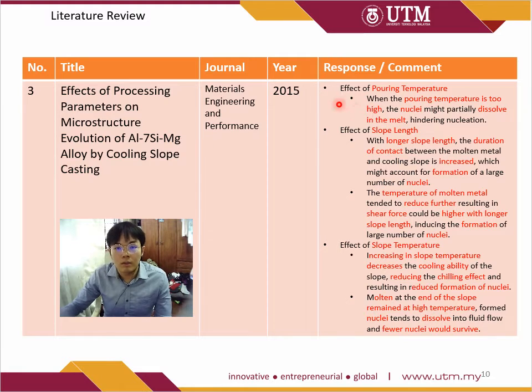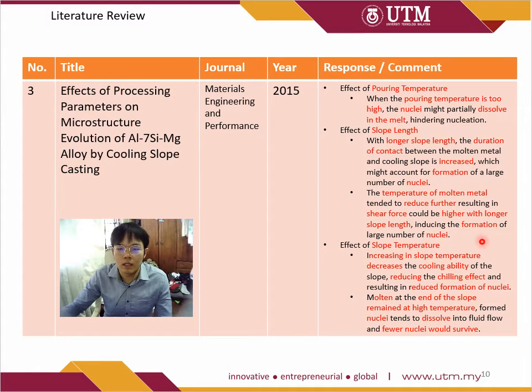And this is to summarize the effect of pouring temperature, slope length, and slope temperature. When the pouring temperature is too high, the nuclei might dissolve back into the melt, hindering nucleation. With longer slope length, the duration of contact increases, which accounts for a large number of nuclei formed. And the temperature tends to reduce further down the cooling slope, resulting in higher shear force, inducing formation of